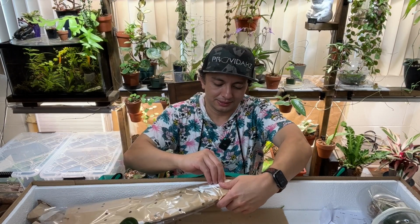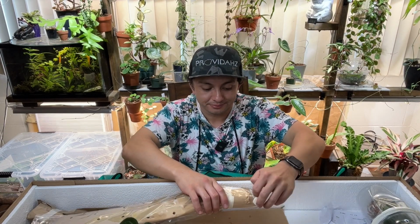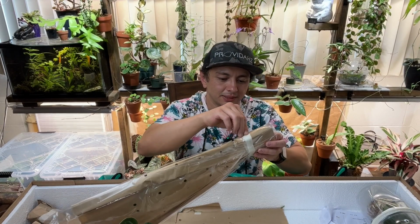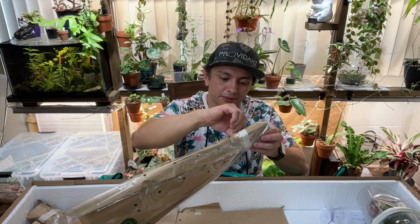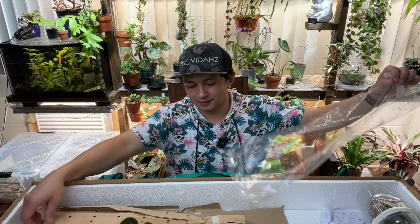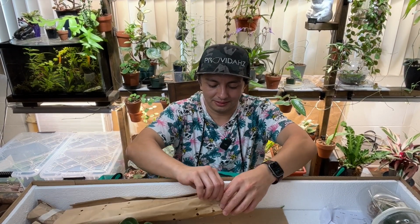So, let's just get into it. Again, I'm going to show the leaf. Hopefully you guys can't see the label. I doubt it. But, yeah, it's cool. I'm like flush right now. My face is hot. This is how excited I am. And that door keeps opening and shutting. And that's what you're hearing in the background. The low-key poltergeist. Okay. Oh my gosh. Oh, this is so cool. Okay. All right, let's,